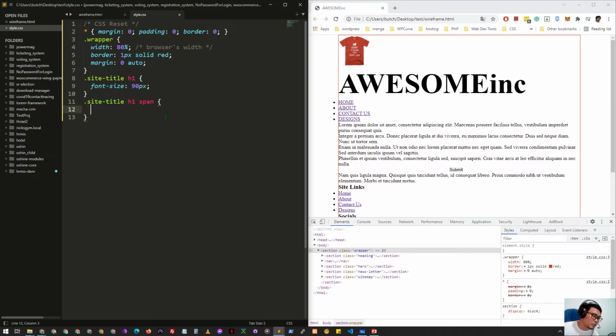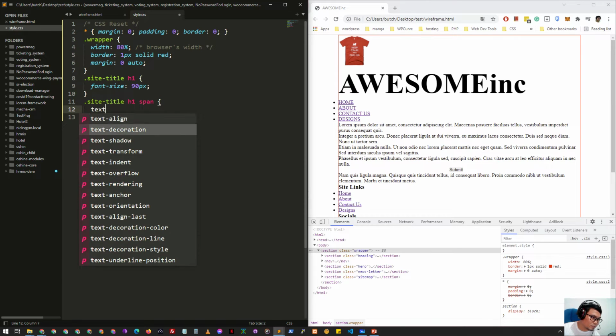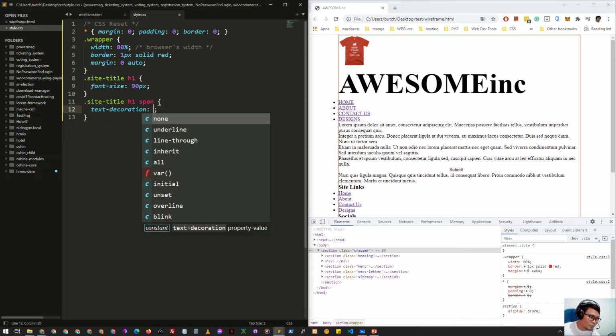So all of the children of the h1, which is span, will have this property. Okay, so we're going to add a property which is text decoration, and one of those values are line through, underline, none. So meaning there's no